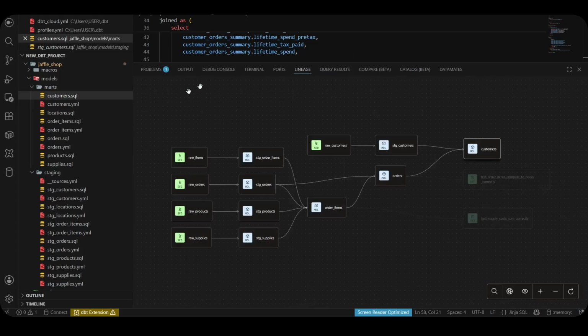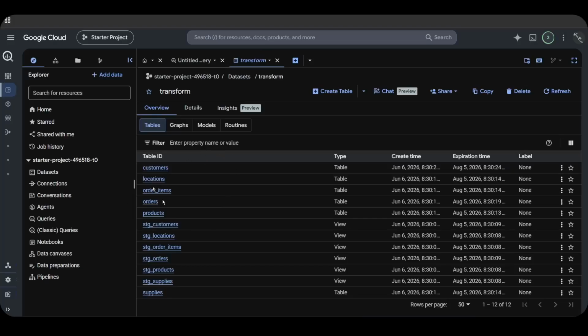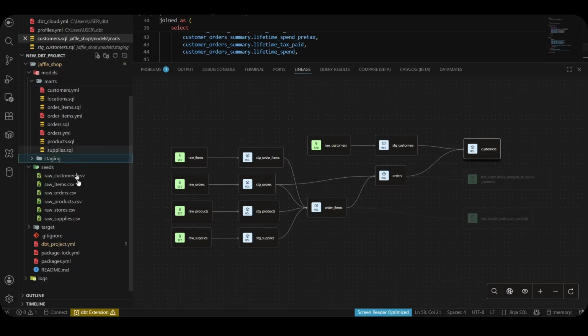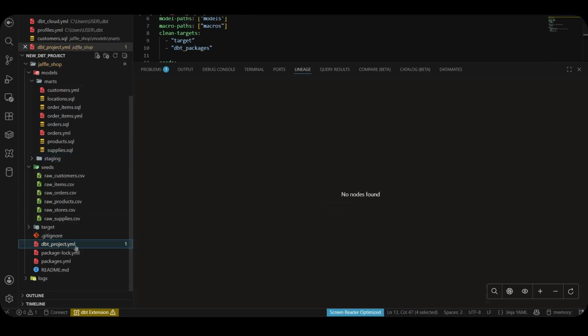So you can see our lineage. We've seen it's been materialized inside BigQuery. Right? Everything has been materialized inside BigQuery. The last thing I would like to speak on is the type of your model. Right? So here you have tables and here you have views. If you go to your DBT project, inside this dbt_project.yaml,